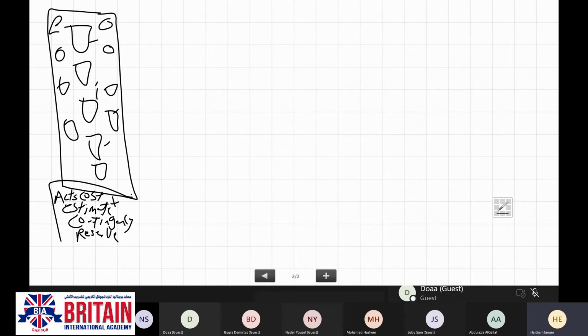That will be called the cost baseline or budget at completion. Cost baseline or budget at completion. All the time during your project, this will never change.